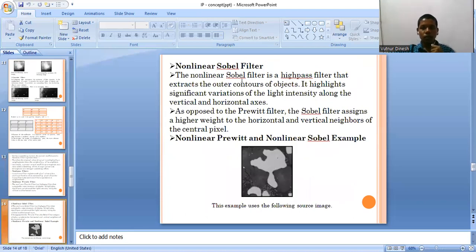Nonlinear Sobel filter. The nonlinear Sobel filter is a high-pass filter that extracts the outer contours of objects. It highlights significant variations of the light intensity along the vertical and horizontal axis. As opposed to the Prewitt filter, the Sobel filter assigns a higher weight to the horizontal and vertical neighbors of the central